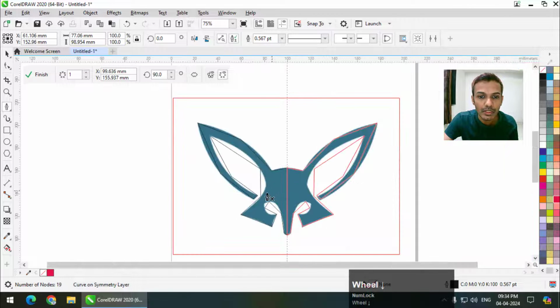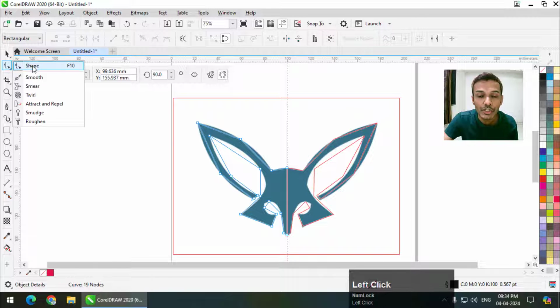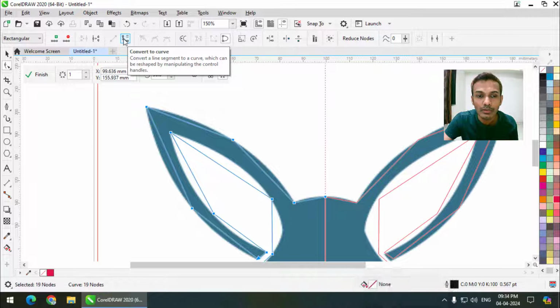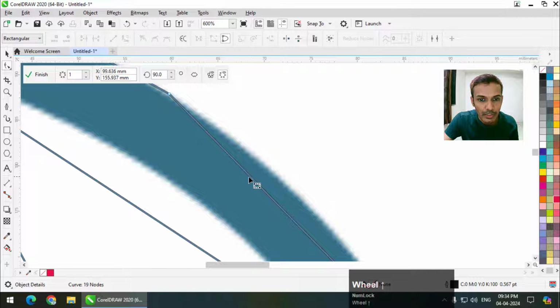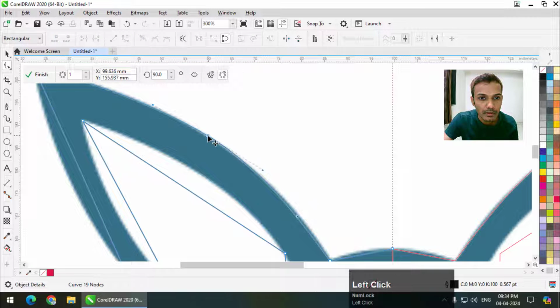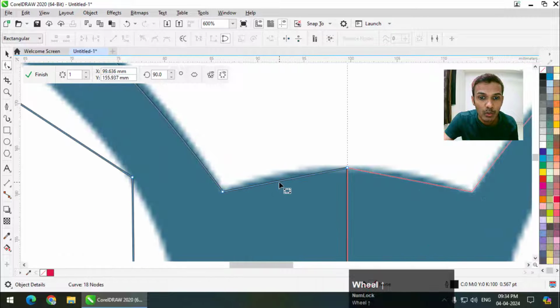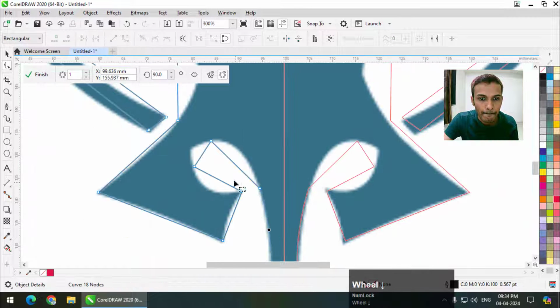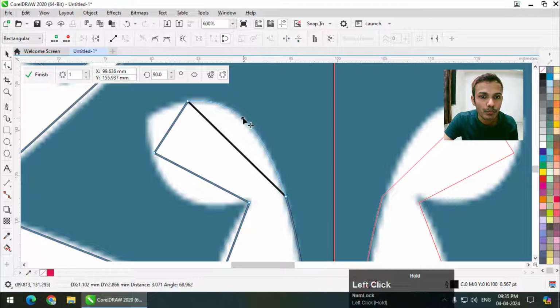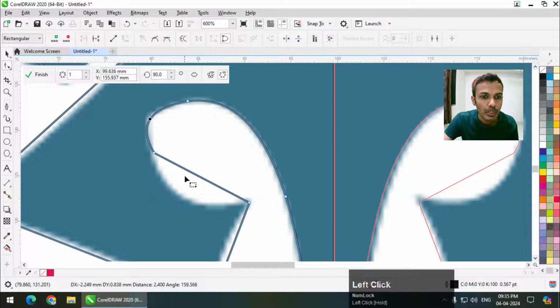So once I'm done with the entire shape, now I'm going to select the shape tool and select all the nodes and convert them into curves, and one by one I am going to match the lines to the edges like this. I will remove the unnecessary nodes. These points are called nodes, as you may know. Again I am going to choose and try to trace it as accurately as possible